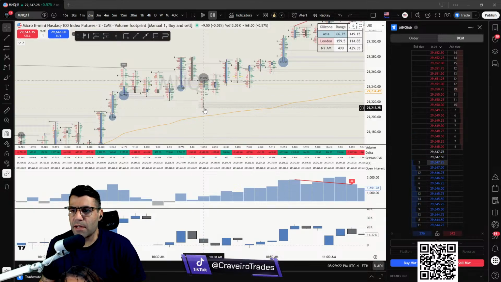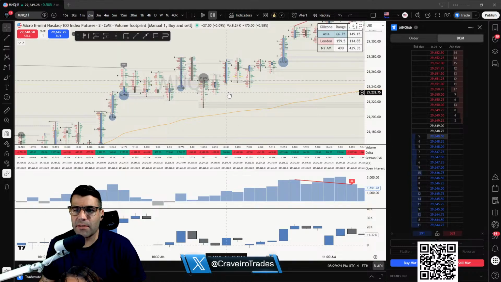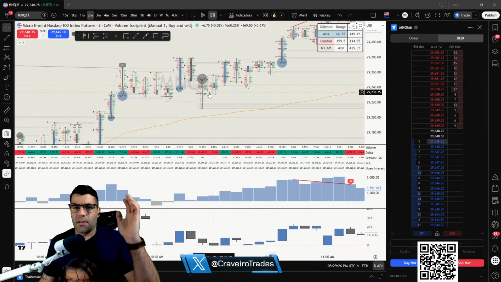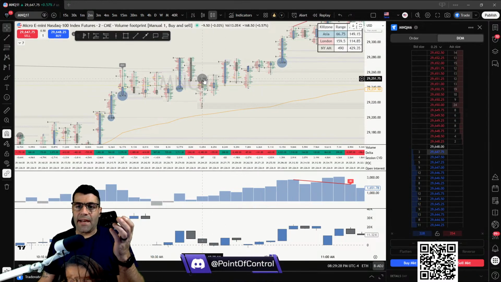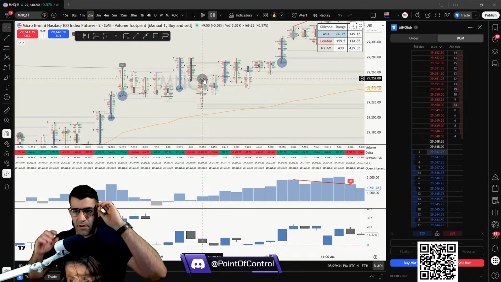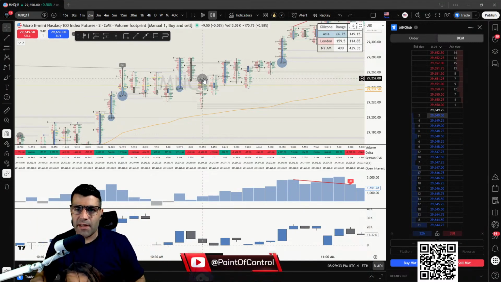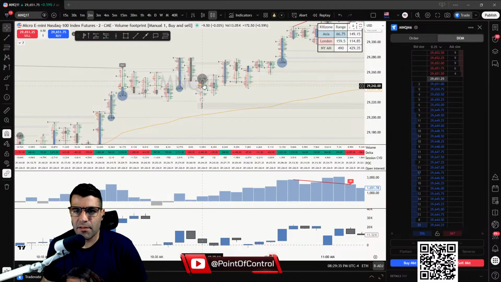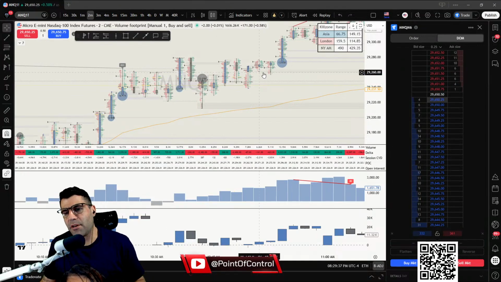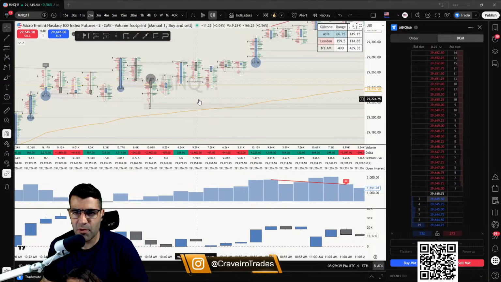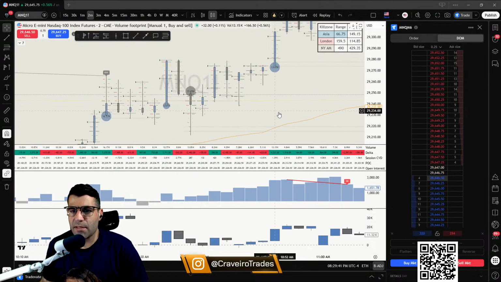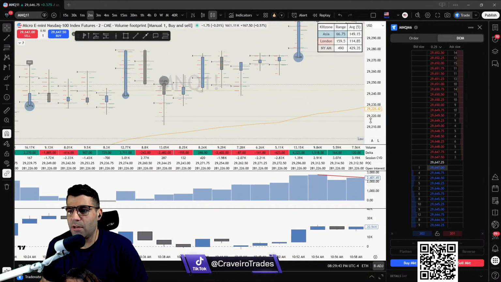250 all the way down to, so like right around 40 points, it's a decent little slap around. That can be $80 on 2 micros. If you were sitting in a position right here with a stop loss and you're up a little bit and it whips back down, you just lost $80. If you had a bigger position, it could be more. So at this time, I chose not to enter